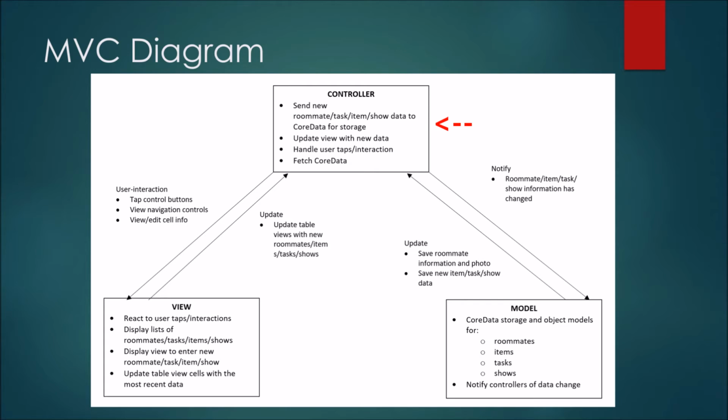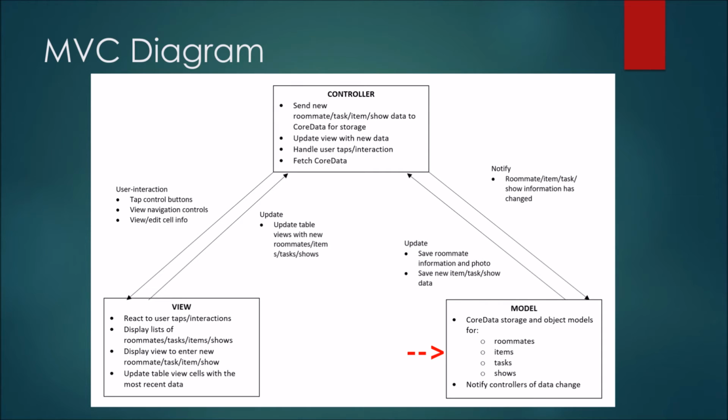The controller interacts with the view by handling user interaction, such as when they tap the control buttons, use the back and forward buttons, and view and edit cell info. The controller also interacts with the model, which is the objects that store the info about the objects in core